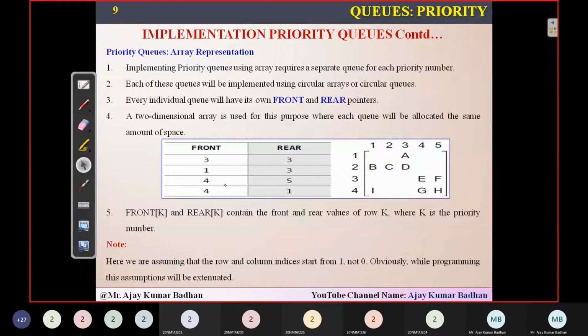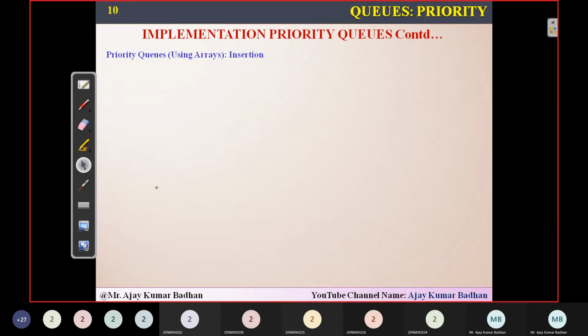So whenever you're writing a program, this will not be the format. When you're writing a program, this will be starting with 0, 1, 2, 3, 4. You can even start priority from 0 rather than 1, and give 0 the highest priority. So 0 will have highest priority, then 1, 2, 3, 4. The remaining process is the same as the way you used to execute your programs with respect to matrices, I mean using a 2-dimensional array.